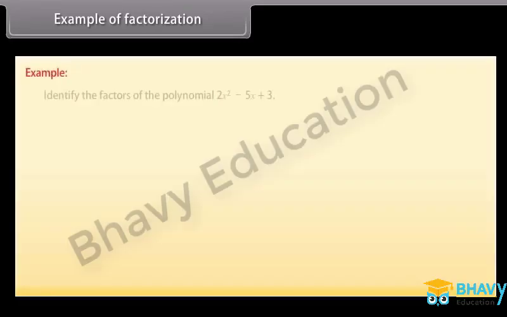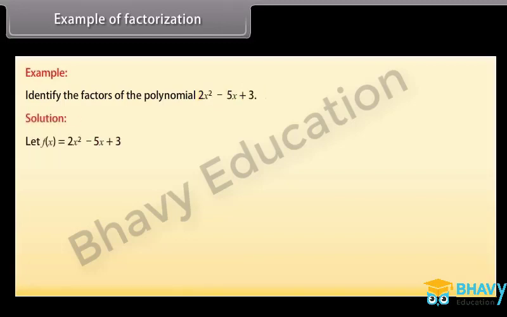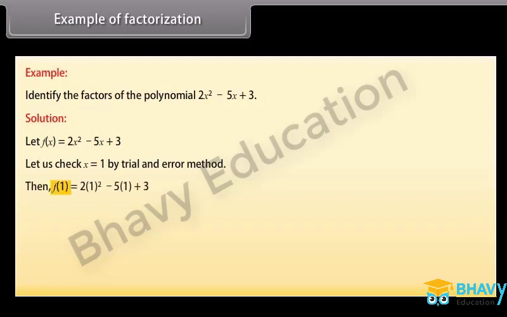Example of factorization. Example. Identify the factors of the polynomial 2x^2 - 5x + 3. Solution. Let f(x) be equal to 2x^2 - 5x + 3. Let us check x is equal to 1 by trial and error method. Then f(1) is equal to 2(1)^2 - 5(1) + 3, which is 2 - 5 + 3,